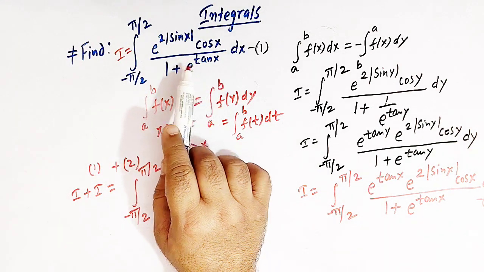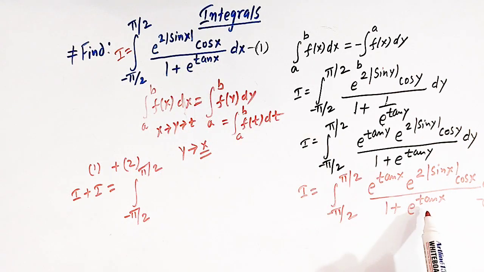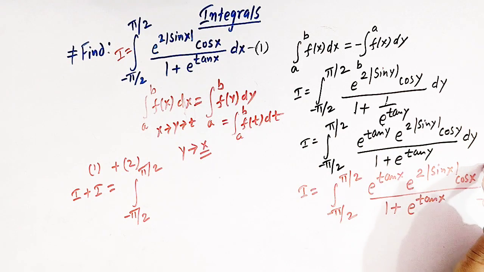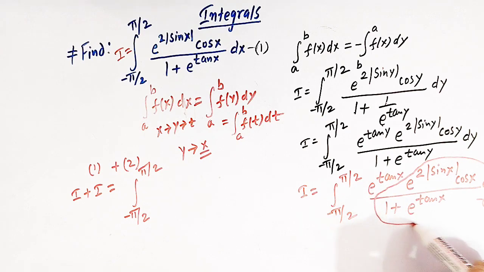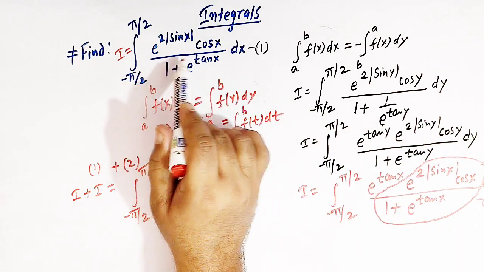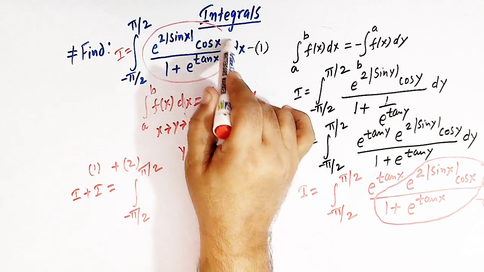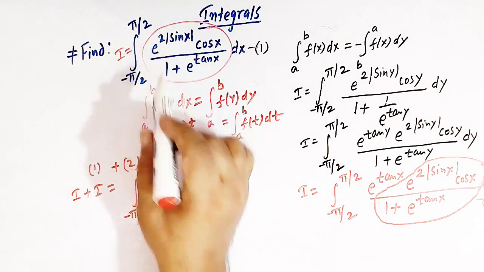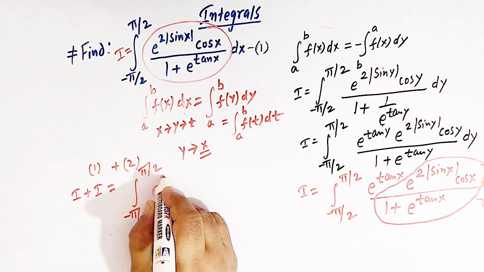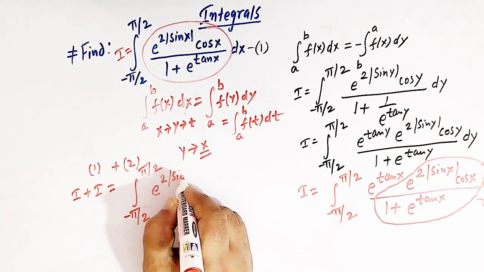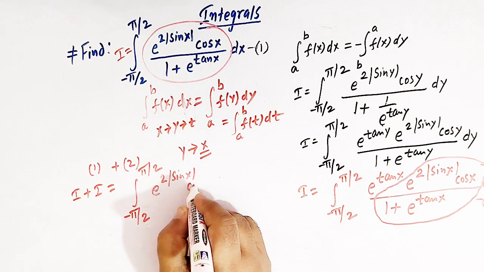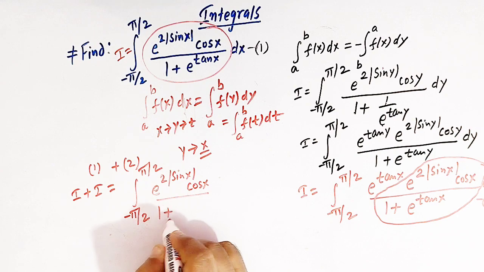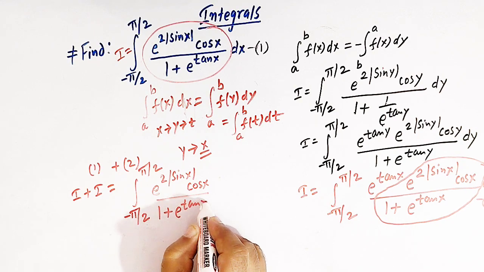Now if we add these two integrals, we can see that this portion is the same in both the integrals. So we will take common this portion, that is e raised to 2 mod of sine x, cos x, over 1 plus e raised to tan x, and then in the brackets we have 1 plus